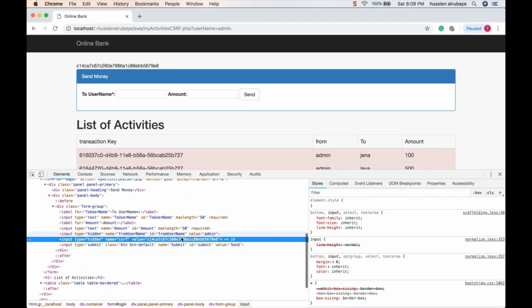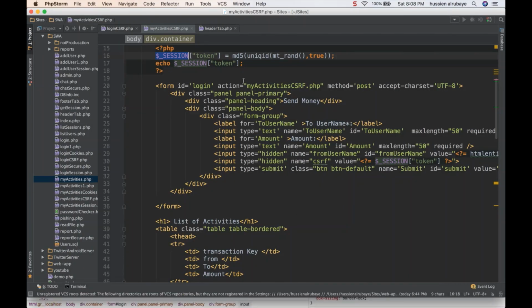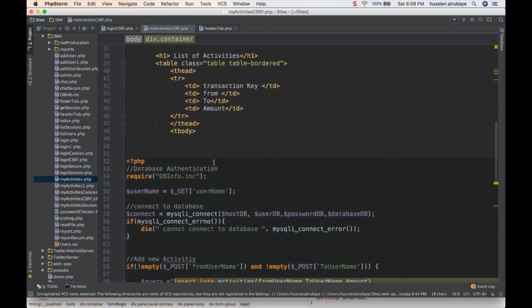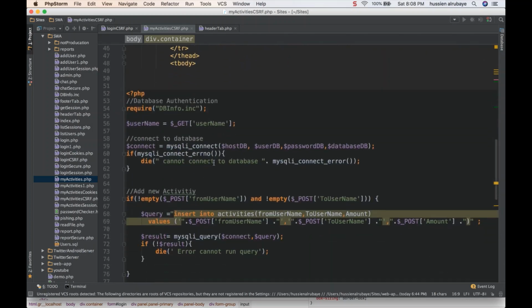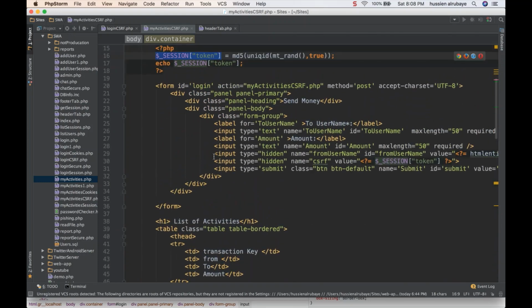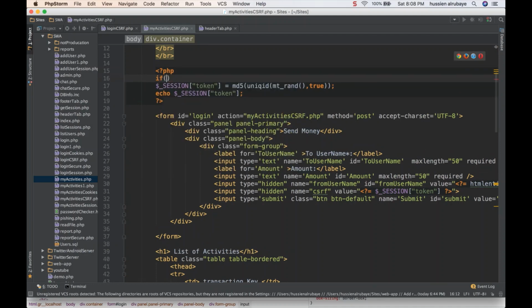Now I want to make sure that when someone clicks submit, I have exactly the same value that I have in the page. So what I will do is go back here. Before I do, I make sure I say, hey, if there is a post request, this is the way we do post, is that right? I say, okay, if the process is post, I mean there is a post,